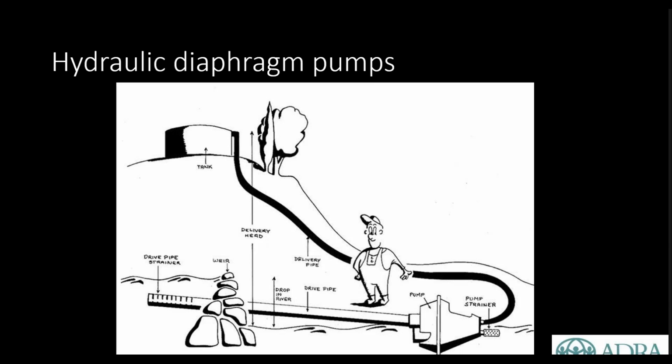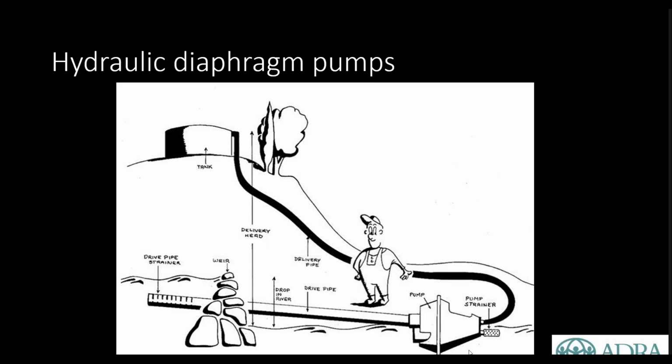Now there's different sorts of these around the place, but I just want to focus on one particular type, and it's called a Glockerman pump. It in many ways is pretty similar to the ram pump because it's also using flowing water. The ratio of water that's pumped versus the ratio of water that's used to actuate the pump is pretty similar to a ram pump. And here you can see that we've got a drive pipe just like the other one. We've got our pump body, and we've got our delivery pipe up to a tank.